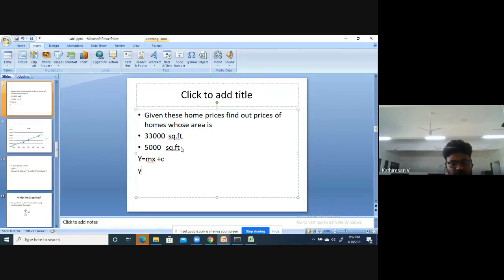So here y is dependent variable. Y is dependent variable, x is independent variable. Okay, x is an independent variable.